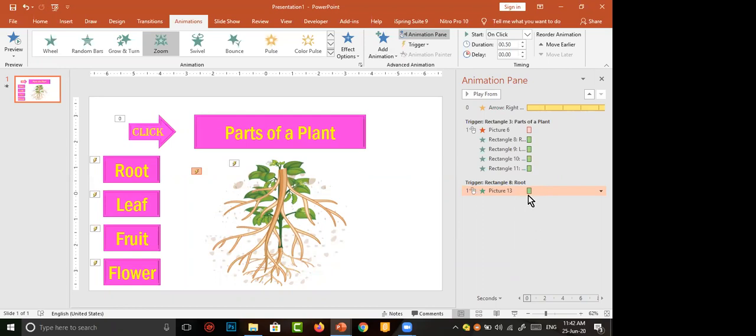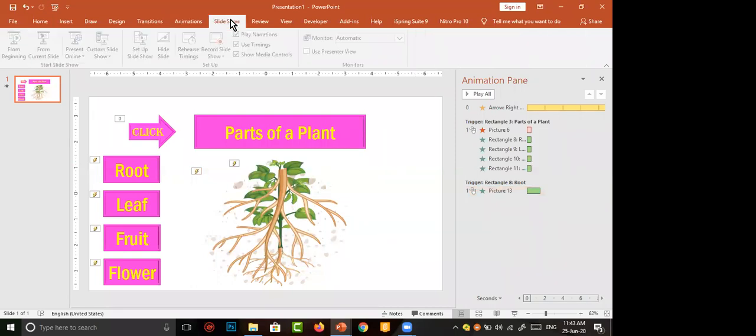This is the timing. The length of the green bar shows how long the animation happens. We can change this time in the duration. We can change the duration up to 2 seconds. I give 1.5 seconds. This animation happens for a duration of 1.5 seconds.